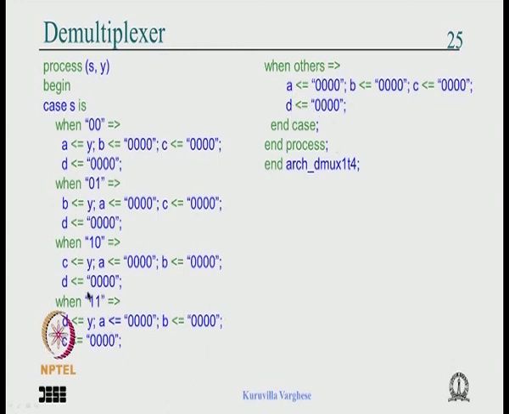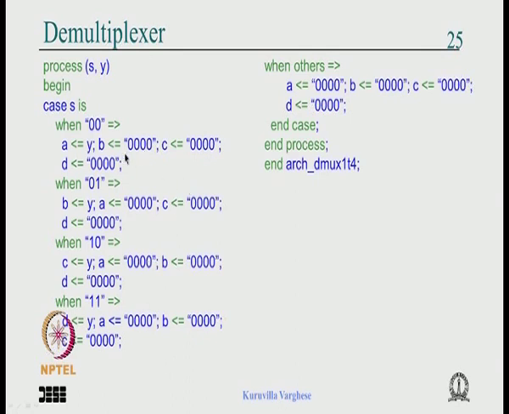You could even write others here, because this is mainly for simulation, and we can combine 1 1 with others. The only thing is that if you happen to give some unexpected values like ZZ to the select line, then it is difficult to debug this 1 1 with the other cases and all that. And one more thing what I have found is that